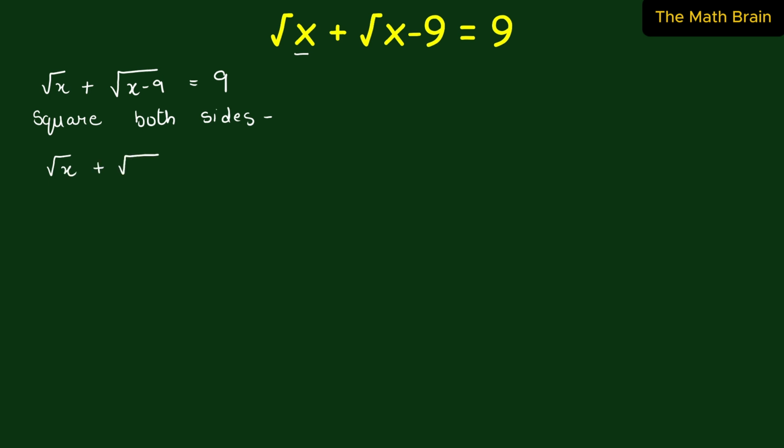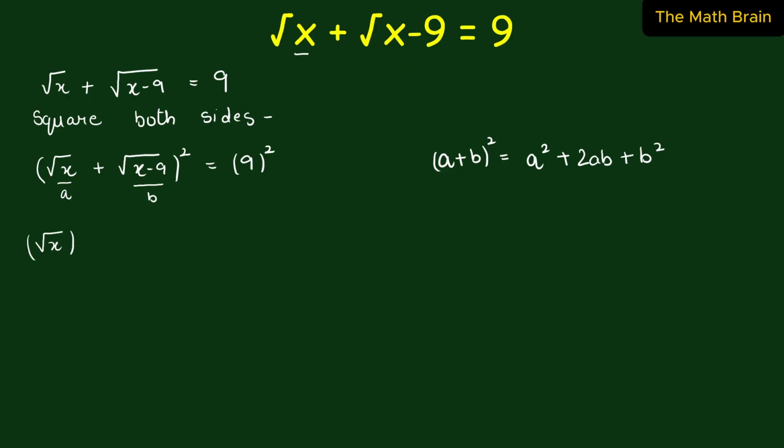(√x + √(x − 9))² is equals to 9². On this left hand side we are going to apply the formula (a + b)², it is equals to a² + 2ab + b². Here √x is a, √(x − 9) is b. So by putting the values in the formula we will get